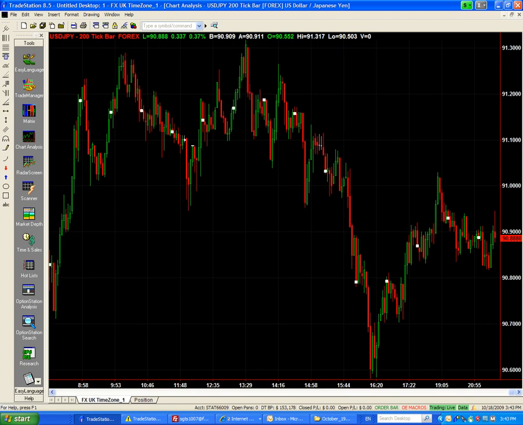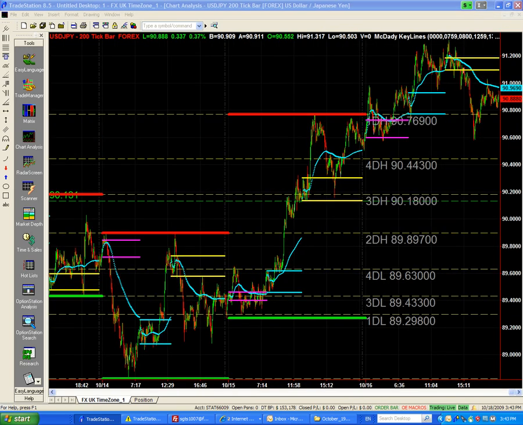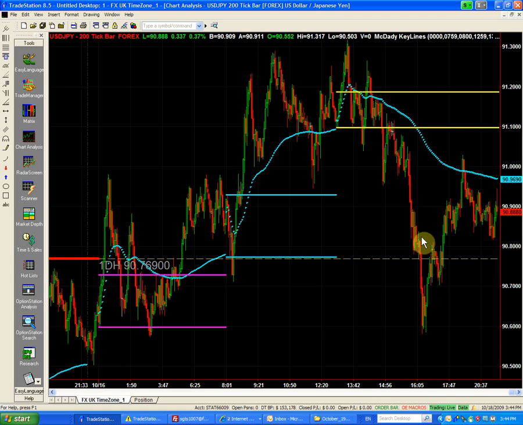If we look at our intraday chart, as you recall from last week, this was our buying point on a trade above the 90.89, and we had very strong momentum to the upside, and we moved all the way up to trade above the 91.30. The only thing that happened was on Friday we had a down day in the dollar yen